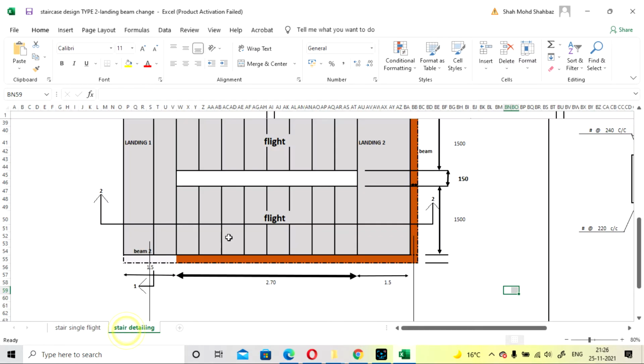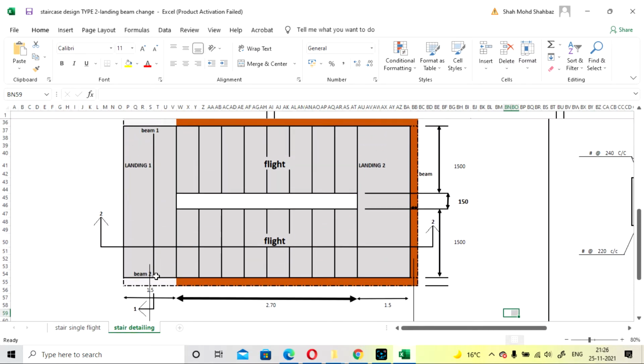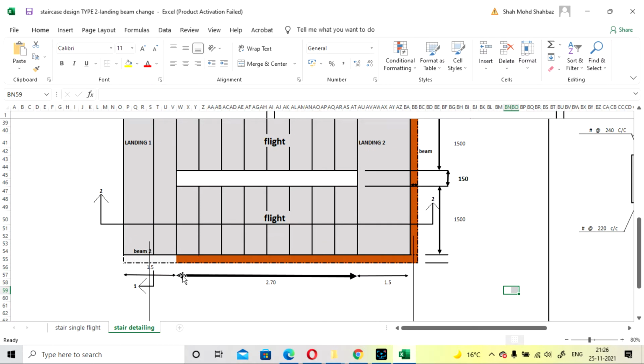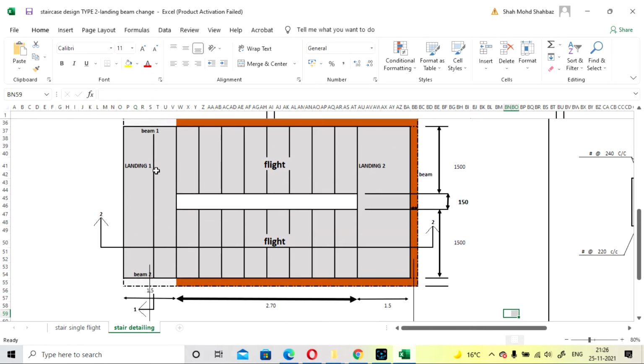I will tell you how it is calculated. It will be taken from the center of this. The whole landing will not be taken here because the beam will be side by side, so it is taken from the center.